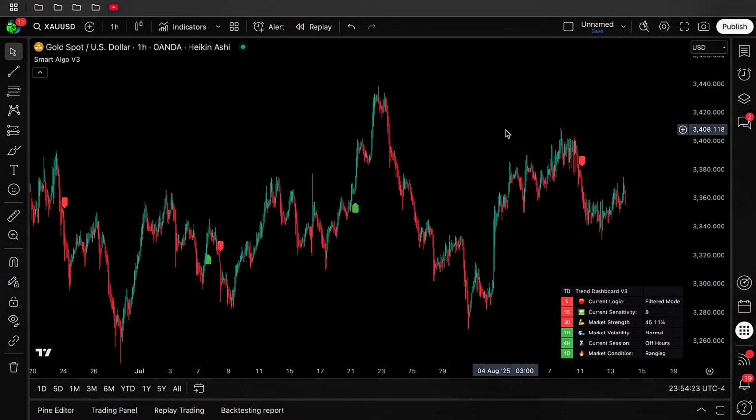So that's Smart Algo version 3. More control, better accuracy, and tools you can shape to fit exactly how you trade. Before we finish, I want to give you a few quick setup examples so you can see how flexible this version really is. If you hear one you like, test it out, tweak it, and see how it performs in